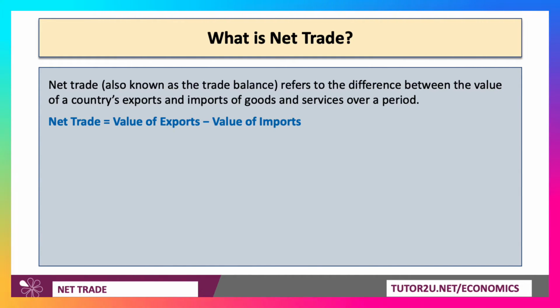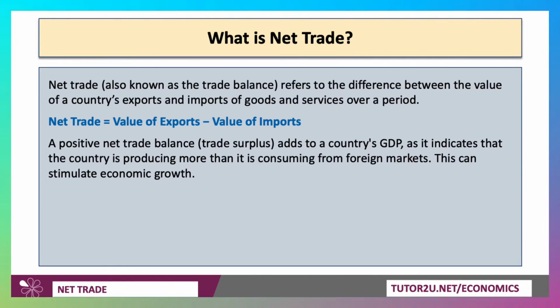So the net trade balance is X minus M, and you will have come across that in the equation for aggregate demand: AD equals C plus I plus G plus X minus M. A positive net trade balance is called a trade surplus, and it adds to a country's GDP. It indicates the country is producing more than it's consuming from foreign markets, and a positive trade balance can stimulate